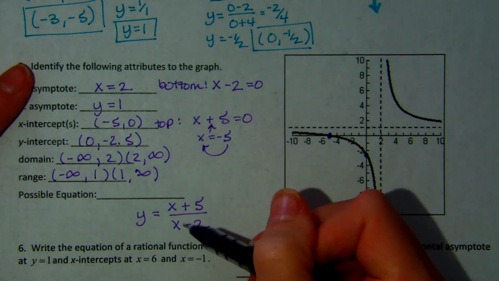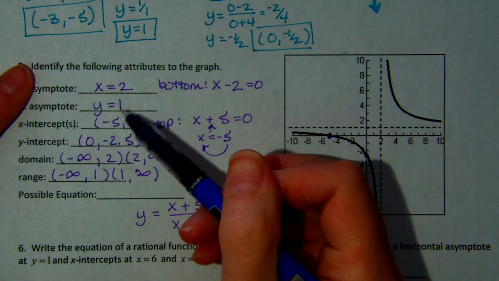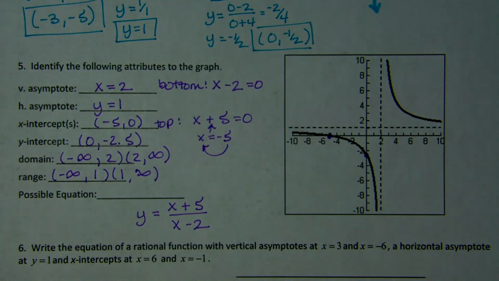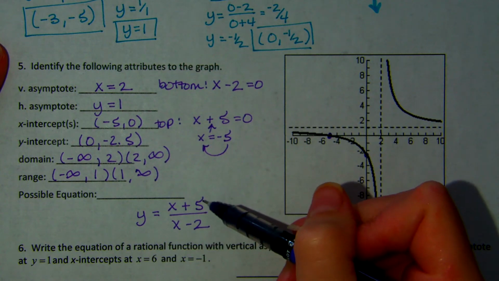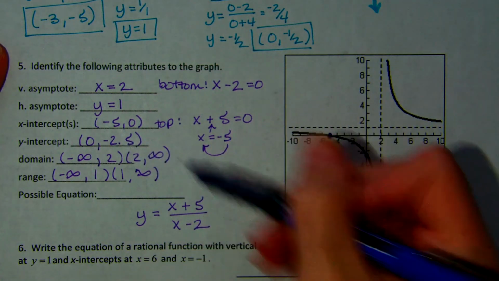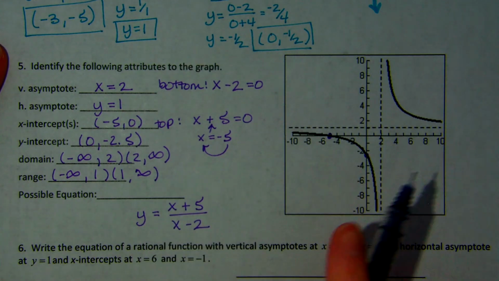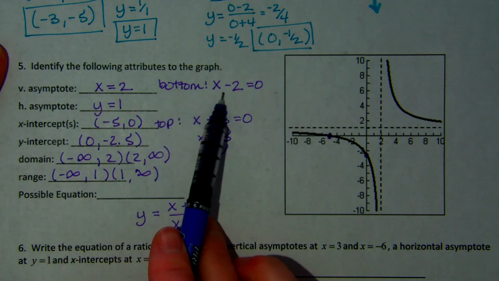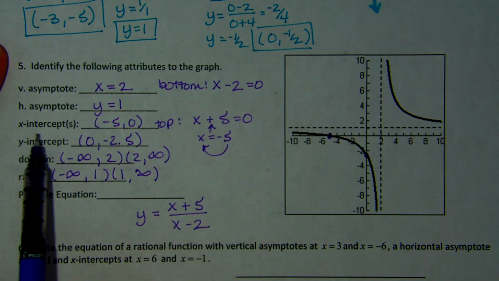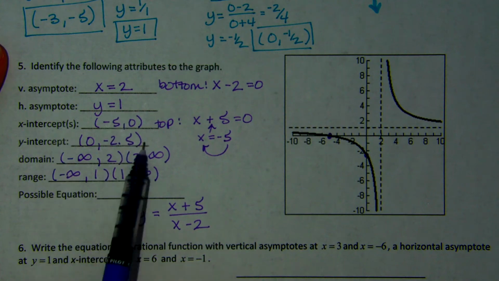And this function, because these x's have the same degree and the same leading coefficient, is going to give you a horizontal asymptote at 1. And it will also give you your y-intercept. If you plug in zeros for x's, it'll give you your y-intercept at -5/2 or -2.5. And so when we have this, you can graph this function and see if it lines up with this right here. But your bottom comes from your vertical asymptote, and your top comes from your x-intercept. And then you just make sure that it fits the other